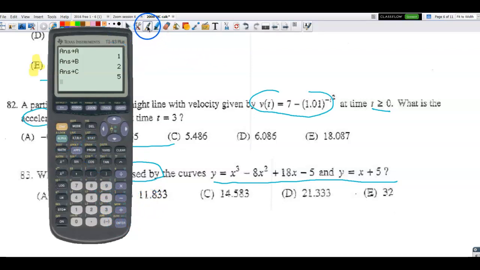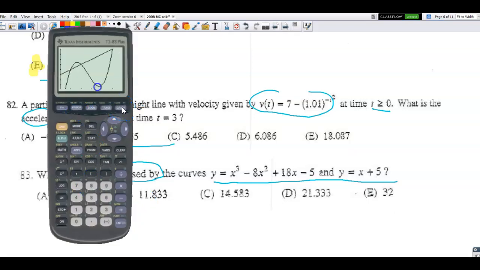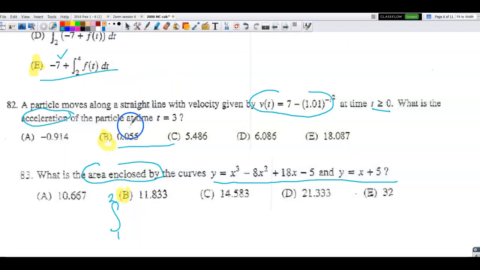So what I'm going to make the calculator do right now, I mean, not that on a multiple choice test I don't necessarily have to show my work, but on a free response section, which is what we're doing in the year 2020, you need to show your work on everything because you won't have any multiple choice. So we would accumulate the area from 1 to 2 of, I already forgot what the graph looks like, which curve was on top. Graph. So in the first region, the cubic is on top, so I would have x cubed minus 8x squared plus 18x minus 5, because remember top minus bottom, x plus 5 dx,